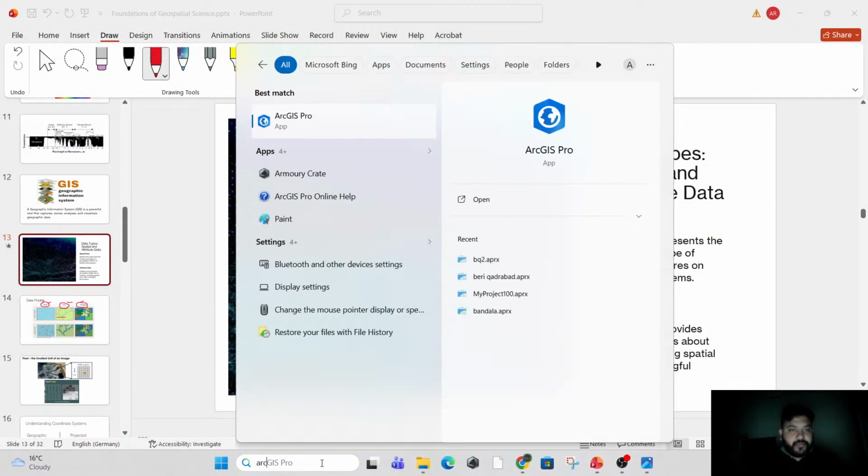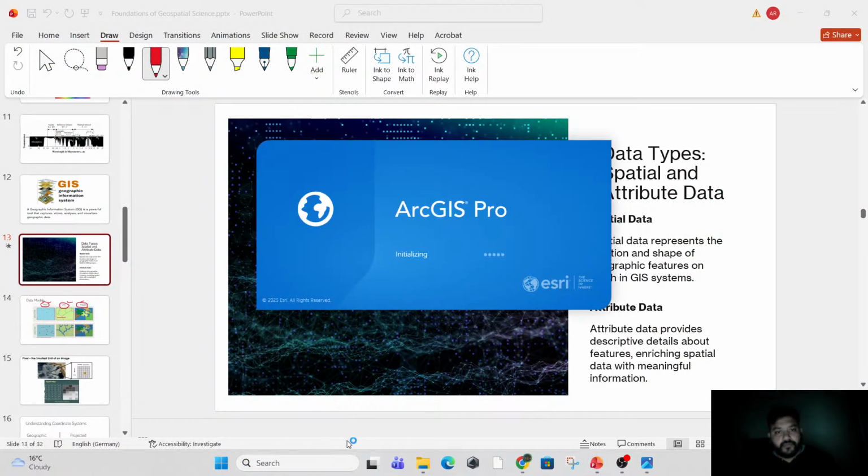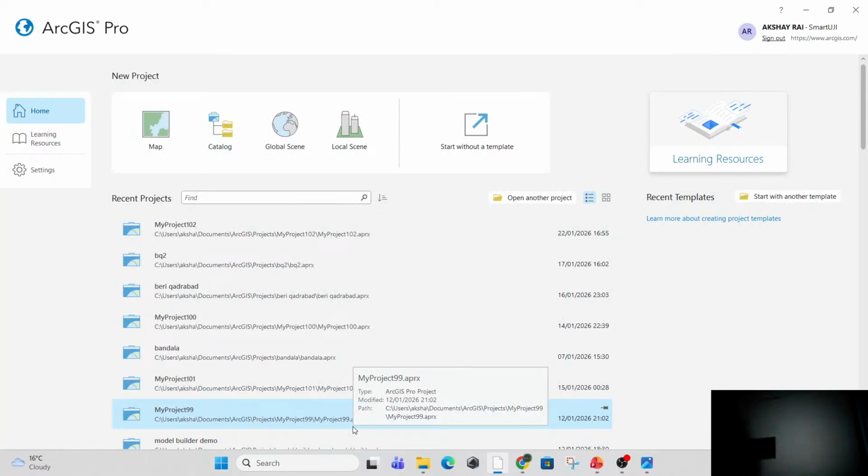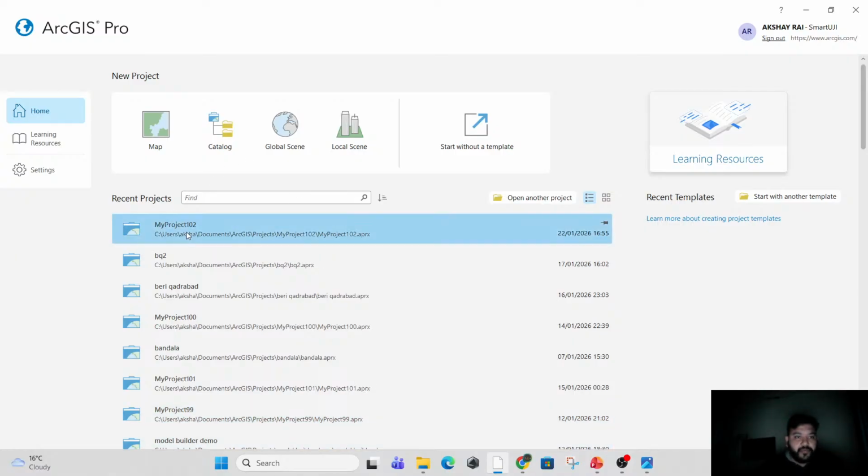Now in ArcGIS Pro, if you just give me a minute, I'll open the door. In ArcGIS Pro,